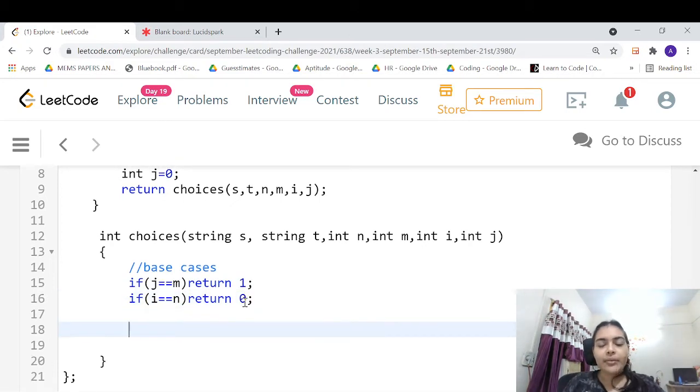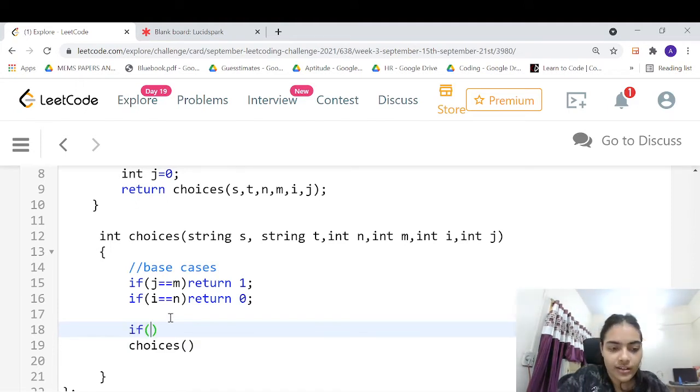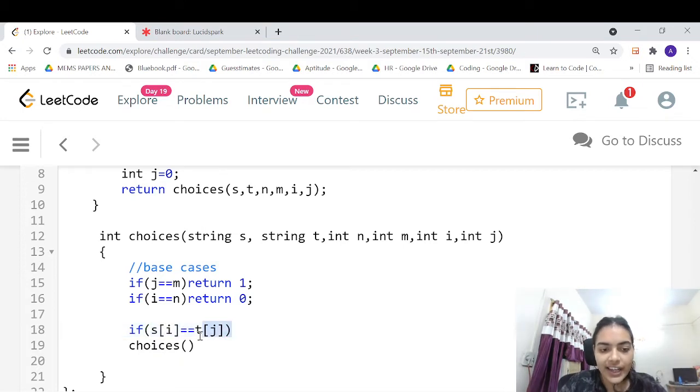Otherwise, what you can do is simply make the call again to the choices function. Now there are two decisions that we have to take. The first case is when s of i is equal to t of j, both the characters are matching. In that case you can take the character. Let's say b is matching.